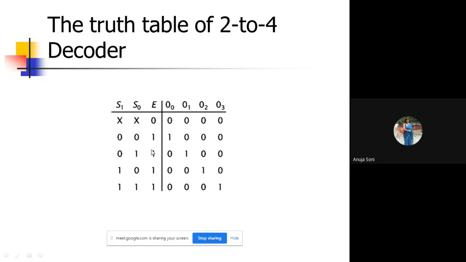But if its value is 1, meaning enabled, then only, as per the different possible values of the input variables, a specific output variable will be generated, will be active at that moment. In case it is 0 0, then this output will be functional. If it is 0 1, then this one, O1 D1; these are only the notations given to the output values. Then this will be enabled. If it is 1 0, then this will be enabled. If it is 1 1, then this will be enabled.